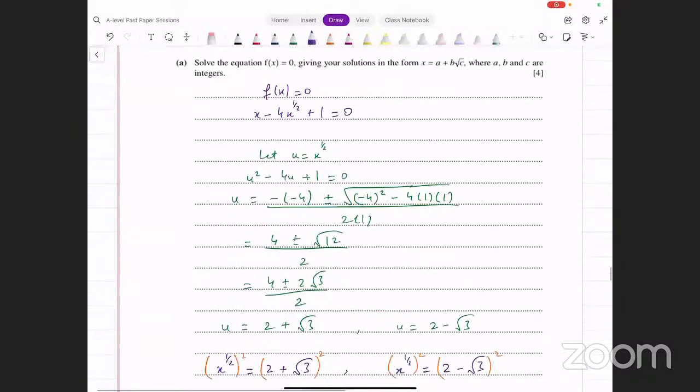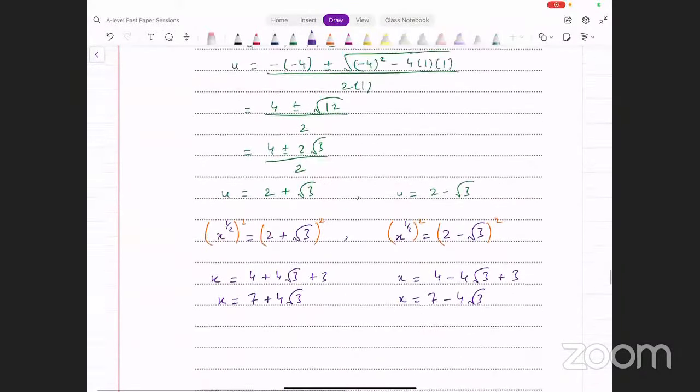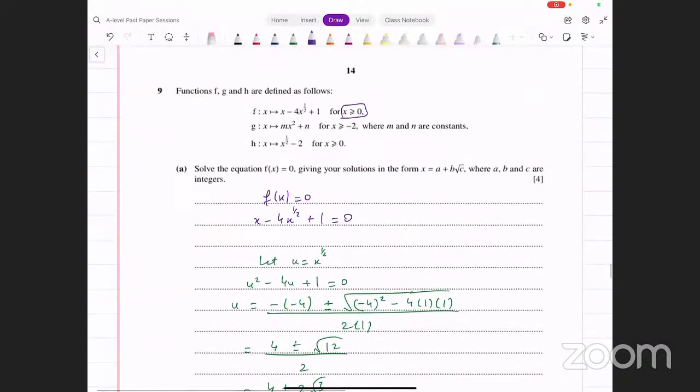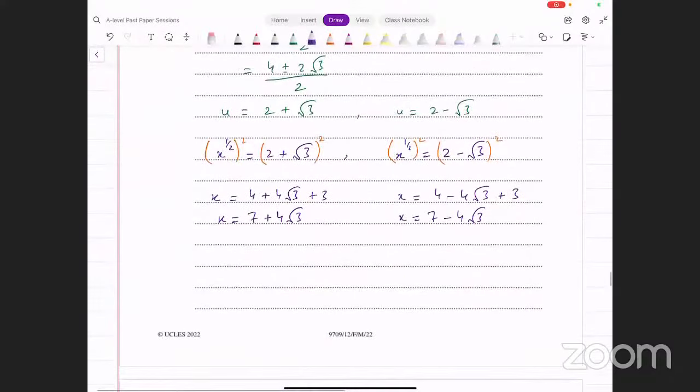F of x आपके पास आ रहा है वहां पे, अच्छा, you have to be a bit careful here. यहाँ पे एक दफा दोबारा सोच लें, x greater than or equal to 0 आ रहा था, उसने आपको डोमेन दी हुई थी x should be greater than or equal to 0. एक वैल्यू तो पॉजिटिव आ रही है यहाँ पे, वो तो क्लियर है। दूसरी वैल्यू को आपने चेक करना है कि ये नेगेटिव तो नहीं आ रही, या आप कैलकुलेटर में डालें 7 minus 4 square root of 3 और इसको डेसिमल्स में कन्वर्ट करें, I'm getting